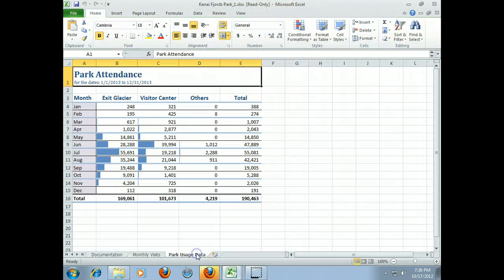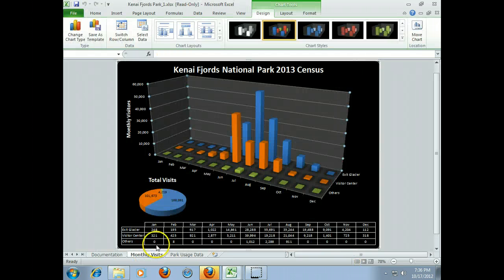Okay? The park usage data is an easy tab. This one we're using data bars to determine which category has the highest park attendance and what month, whether it's the Glacier, the Visitor Center, others. And so we've already done multiple data bars. That's no biggie. So this is going to be the only one that's kind of a challenge to you